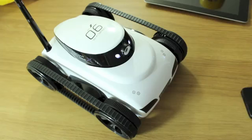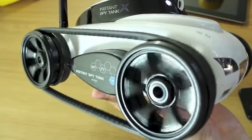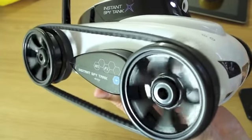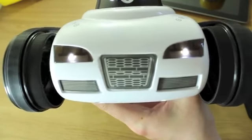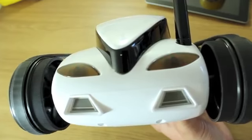As you can see from this thing, it is mostly made of plastic. It's a big white chunk of plastic. It's not designed to look like an old school World War II tank, obviously. It's got a more modern look, it almost reminds me of an Audi TT or an Audi R8, something like that. It's got these cool little grille stickers on the front. It's got two headlights which actually work. It's got lights on the front next to the camera, and it's also got red brake lights at the back,